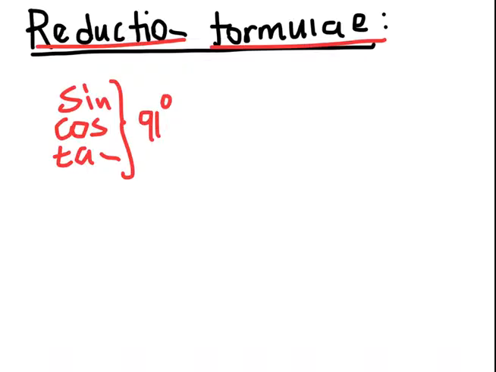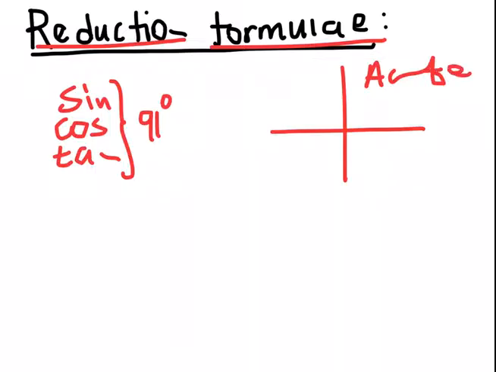I hope I'm representing it correctly there. So a reduction formula is used to reduce it to an acute angle. That means any angle which is not an acute angle, we use a reduction formula to reduce it back